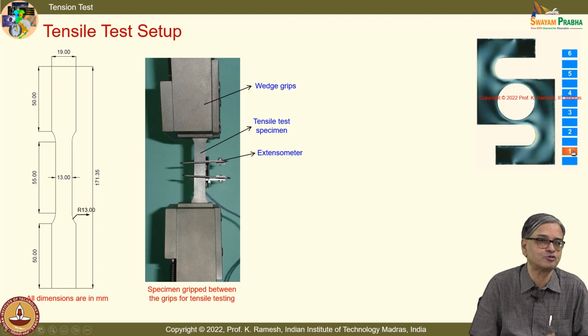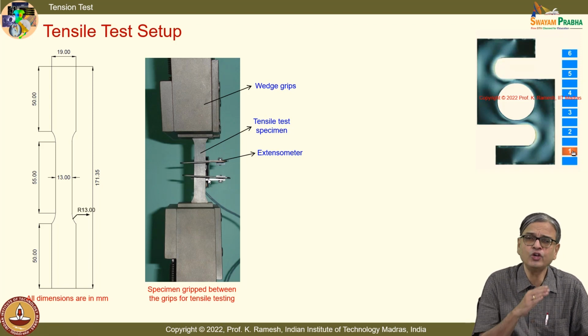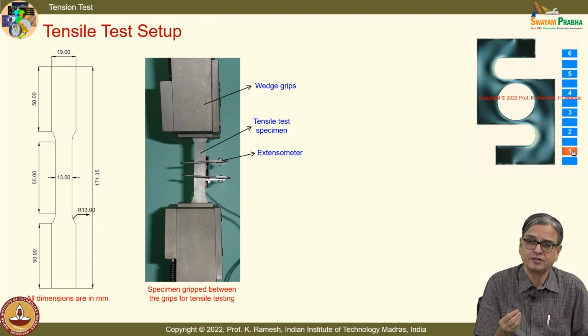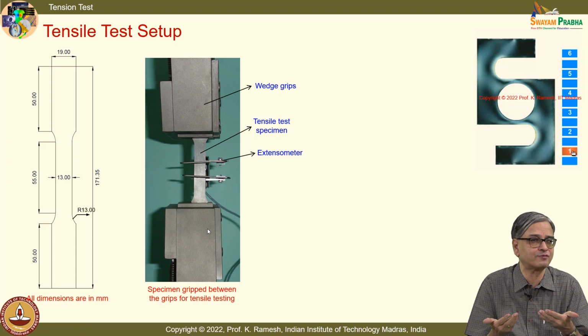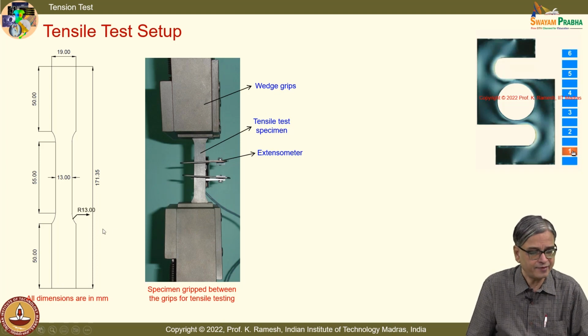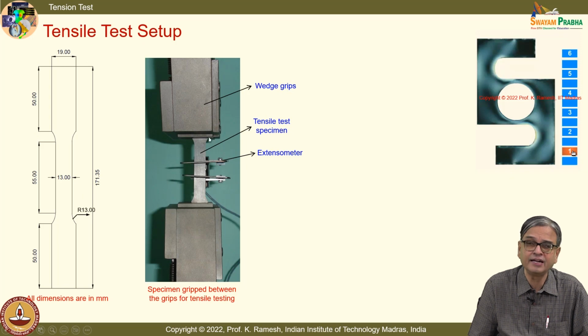See, you are all now exposed to strain gauges. Many of these transducers for measurement of force or measurement of strain are essentially strain gauge based. So, when I conduct a test, obviously you cannot pull it with your hand because it is made of steel, it is very, very strong. And when you have sufficient thickness, you need a testing machine which has maybe 10 kilonewton capacity for you to do the tests. And you have a system to measure the force, which is not shown here, that would have a